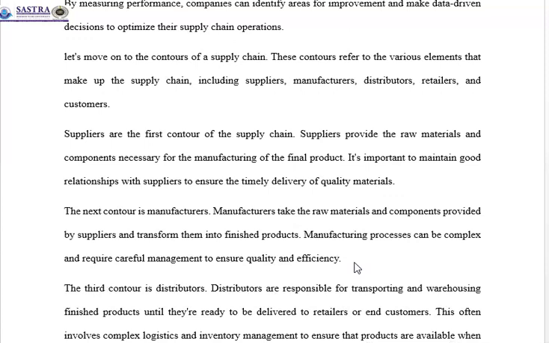Suppliers provide the raw materials and components necessary for the manufacturing of the final product, and it's important to maintain a good relationship with suppliers to ensure the timely delivery as well as the quality of materials. And timely delivery also talks about cost effectiveness, because of the time they cannot go and adapt